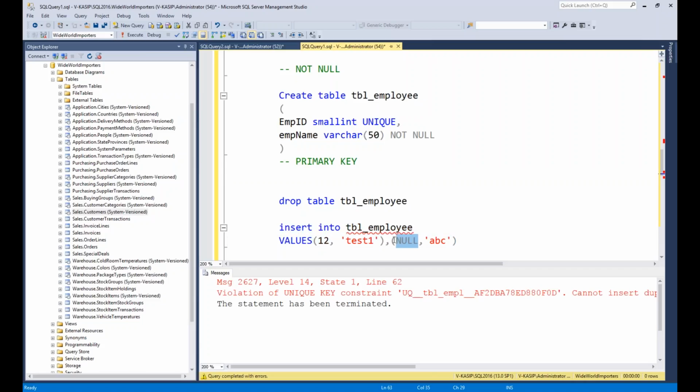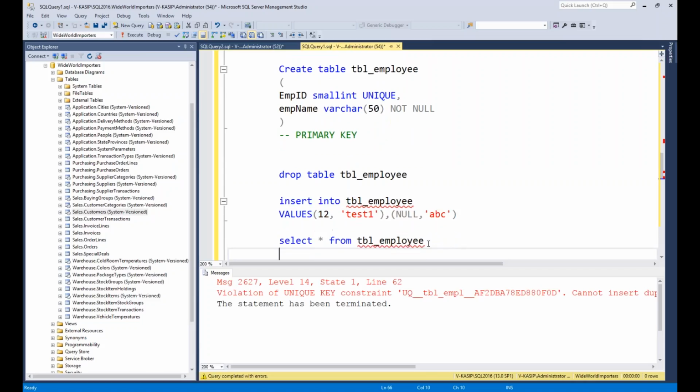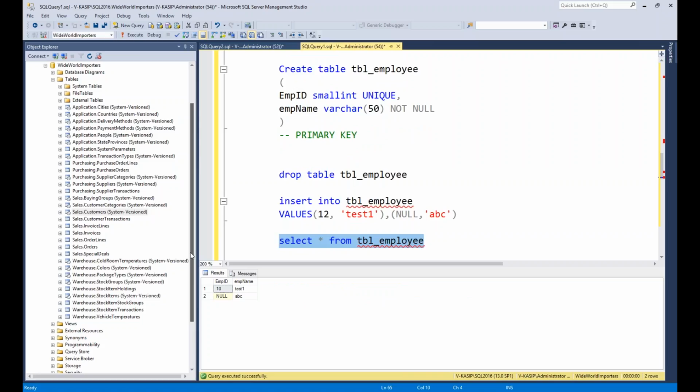In this case it's allowing one null. It already has one null, last time we executed in this table. If you see, there is one record. No, I'm talking about the characteristics of the unique constraint. It's allowing one null. Yes. Because unique means each column has unique values. Correct? In that column, yes. So each column will have unique values, but the particular column is following the null value. Null is also one of the values. You can't have two rows with the null. You can have one row with the null.